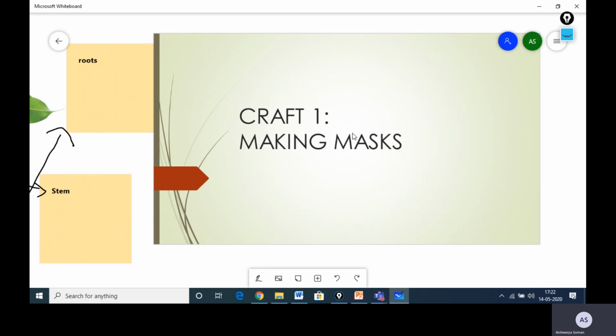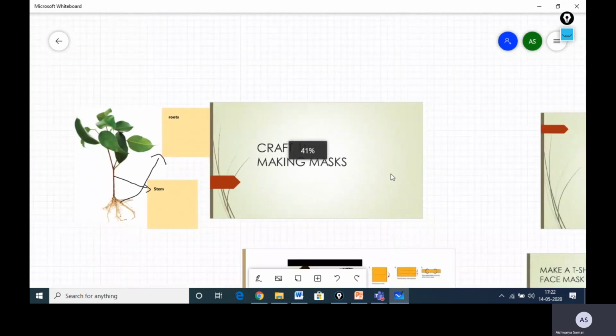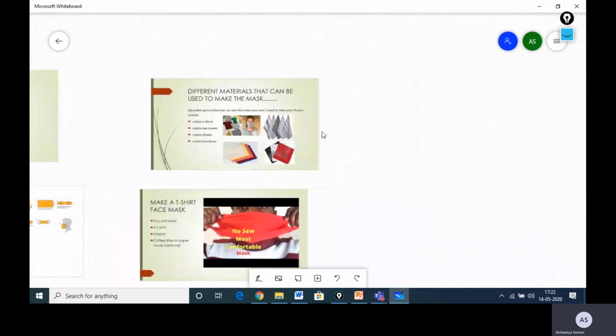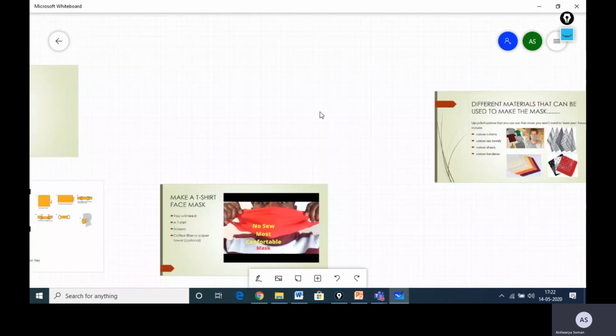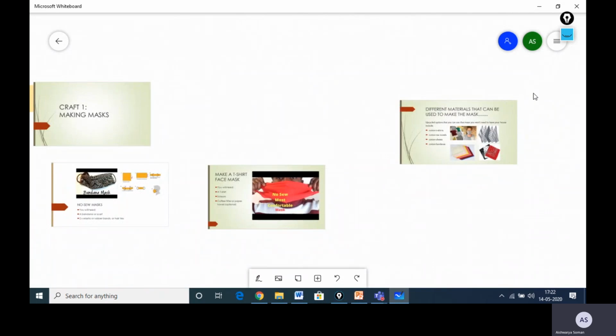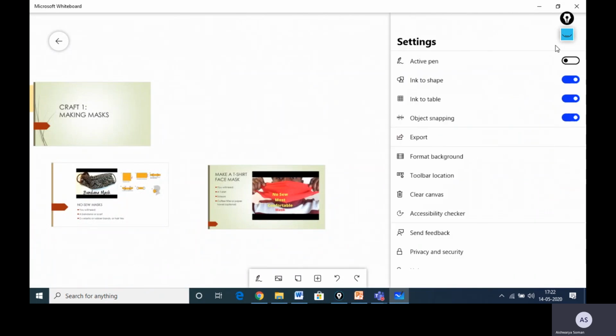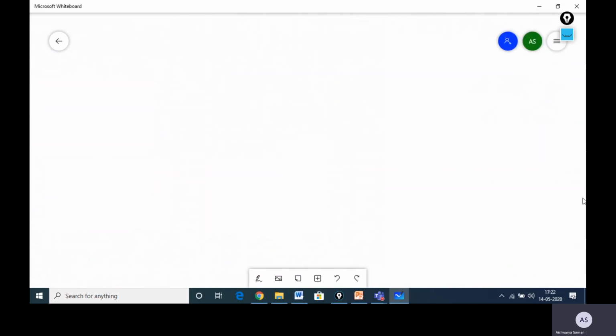Another interesting thing is, this has another facility. I'll just pan it again. Now, teachers, you don't have to keep panning and panning. What you can do if you want the whole canvas to get erased, you just click on the three dashes there, clear canvas. Everything will get cleared. Now you can use it like a fresh canvas if you don't want any disturbance.